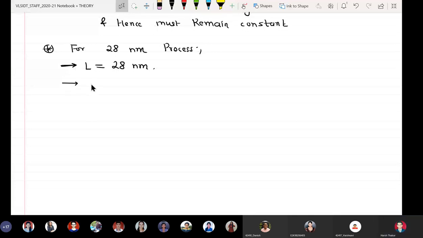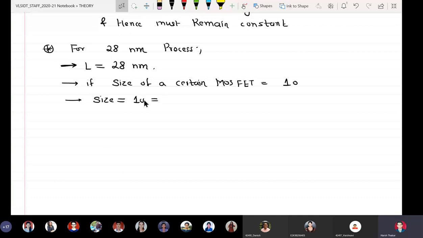Now, if size of a certain MOSFET is equal to 10, so size is equal to 10 is equal to W by L is equal to W upon 28 nanometers. Hence, the width of this MOSFET, whose size is 10 for 28 nanometer technology, will be equal to 280 nanometers.